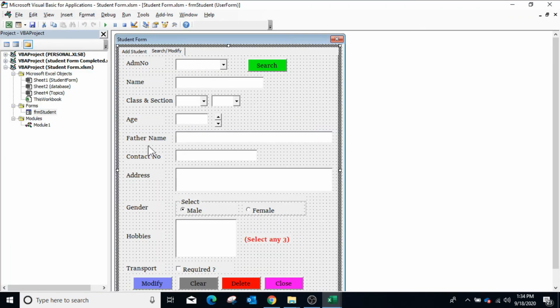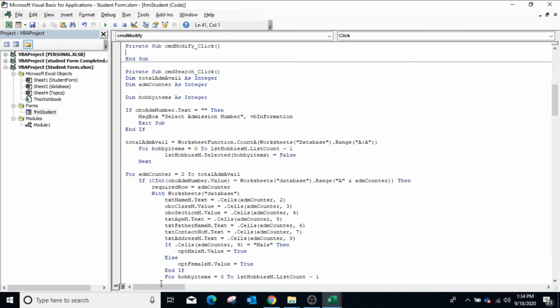To modify the record, we need to save data from user form to Excel sheet. We will use the same variable required row number which we have declared as global variable. Double click on the modify button and in the click event we will copy the same code which we have written for the submit button.